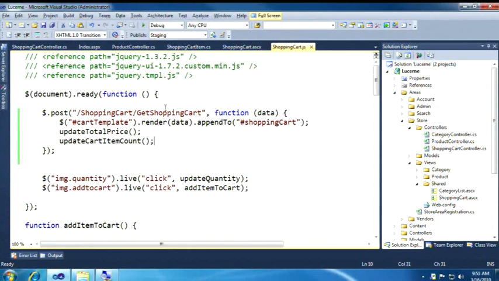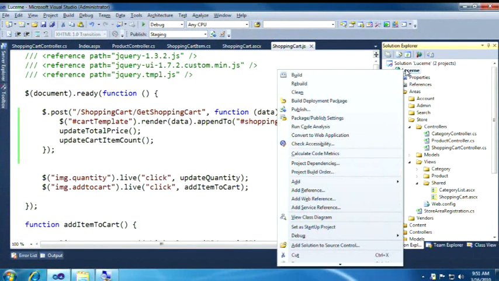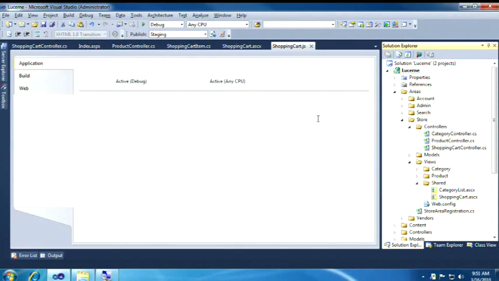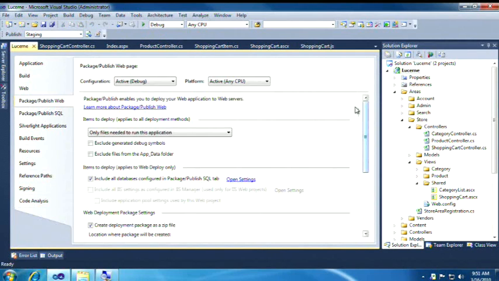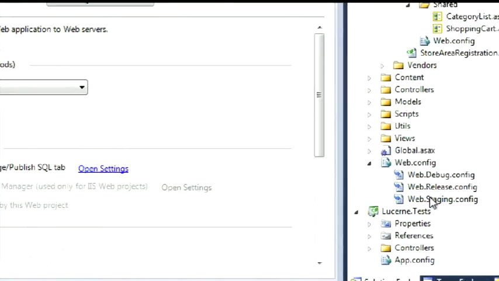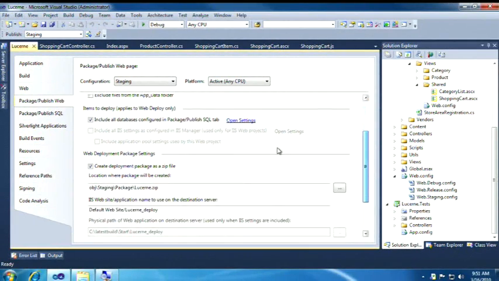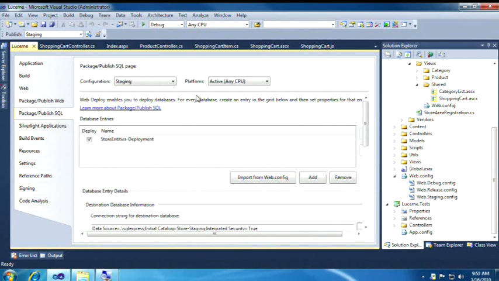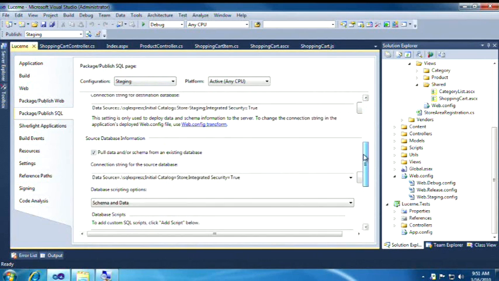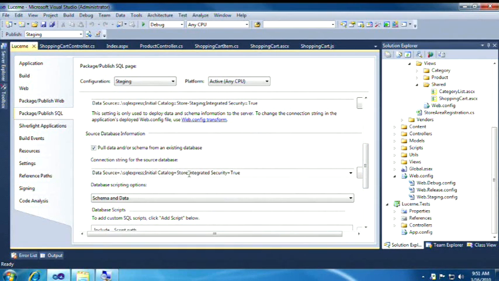Now that this has been done, I'm going to use web deployment and send this off to staging so that people can take a look at it. I'm going to right-click on the project and say Package and Publish Settings. And I'll come into the properties for my project. I'm going to select the staging configuration. Remember, just as Scott Gu had said, we've got web configs for debug, release, and staging, and I can have other environments as well. And then here I've selected Include All Databases configured in the Package and Publish SQL tab. If I click on that tab, for the staging configuration, we've made some specific requirements that we want to bring the store data source and pull that data from an existing database